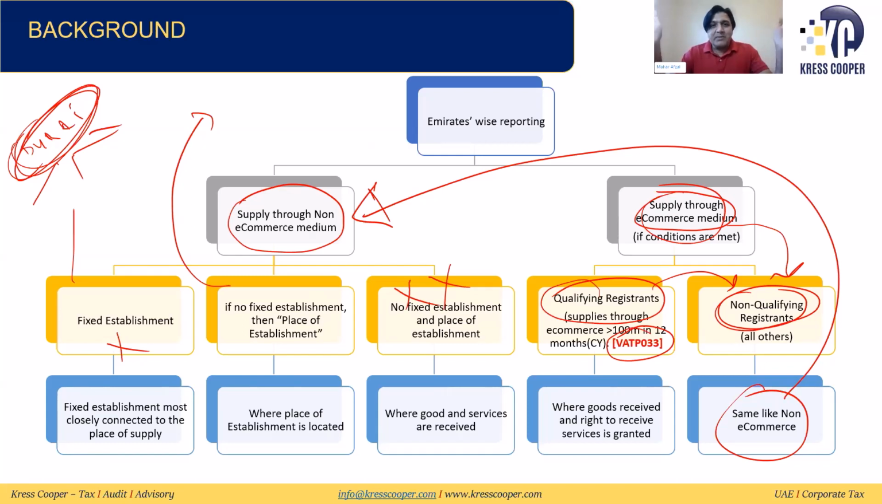Then we need to look into whether the supplies are being made through the e-commerce medium. If the e-commerce medium supply is less than 100 million, the same criteria apply as for non-e-commerce medium. If supply only through the e-commerce medium is more than 100 million, then the person will be subject to the reporting requirement and they need to report in the emirate where these goods and